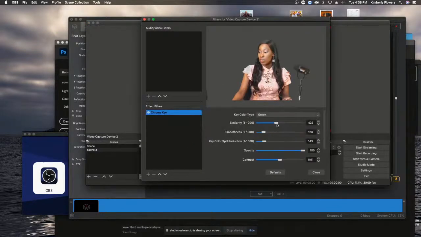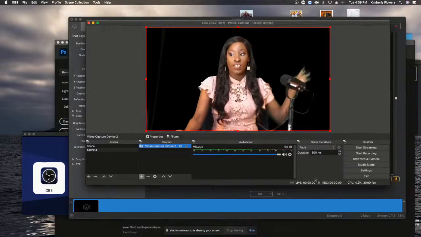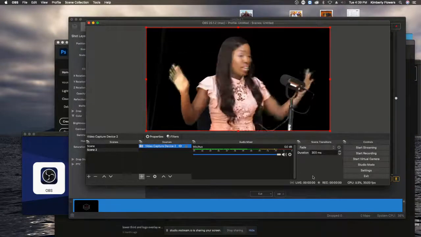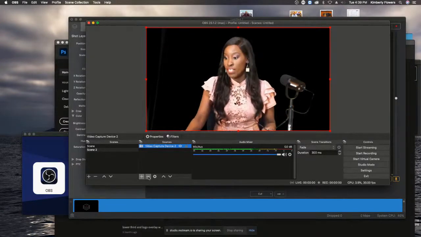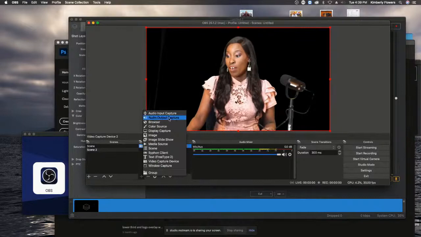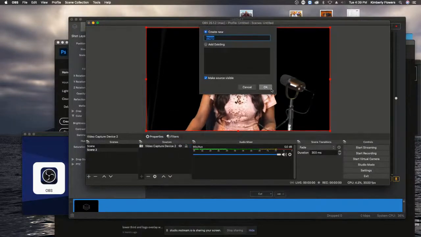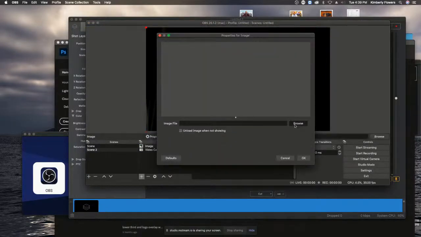Okay. So we want to bring the similarity down just a tiny bit. And in this case, a really quick fix for that too is just to straighten it out. Okay. But for the sake of this, I want to keep going. So I'm going to add a background real quick. We're going to hit image, select an image. We're going to hit browse. We are going to go to,